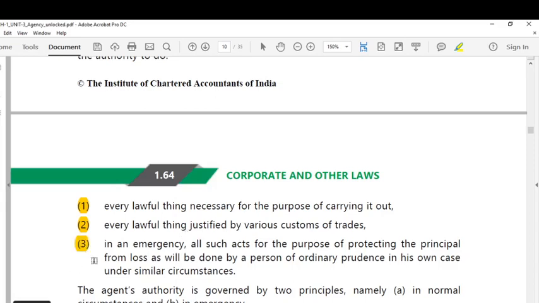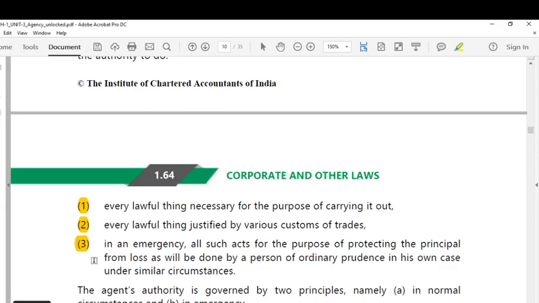And in an emergency, all such acts for the purpose of protecting the principal from loss, as would be done by a person of ordinary prudence in his own case under similar circumstances, should also bind the principal